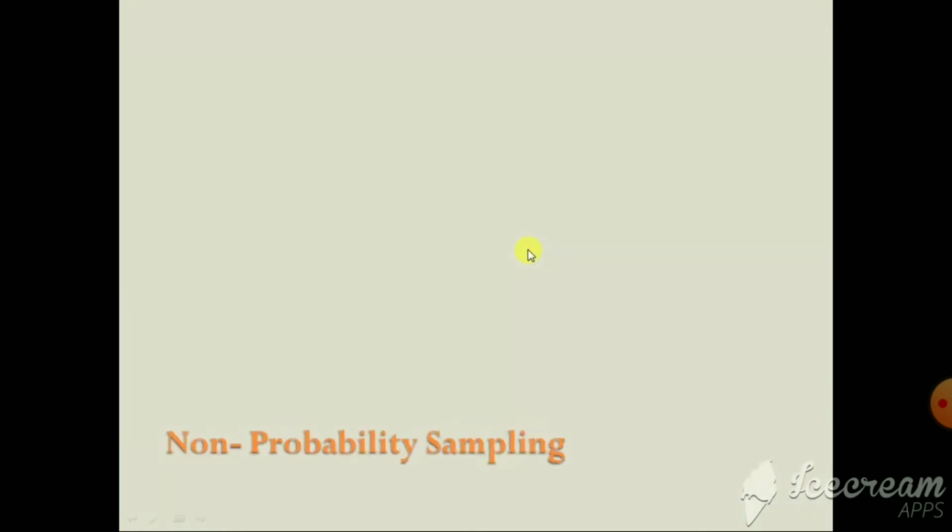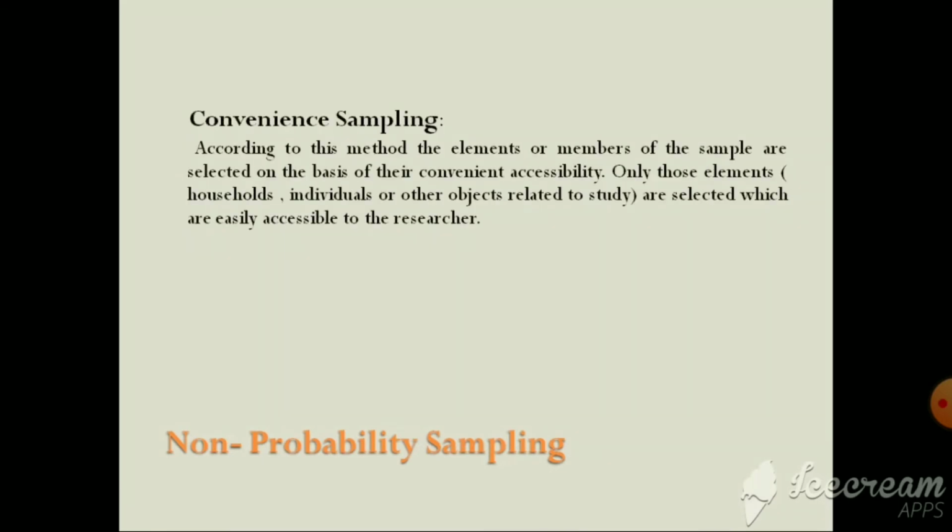Now coming to non-probability sampling. The first one is convenience sampling. According to this method, the elements or members of the sample are selected on the basis of their convenient accessibility. Only those elements, that is households, individuals or other objects related to the study, are selected which are easily